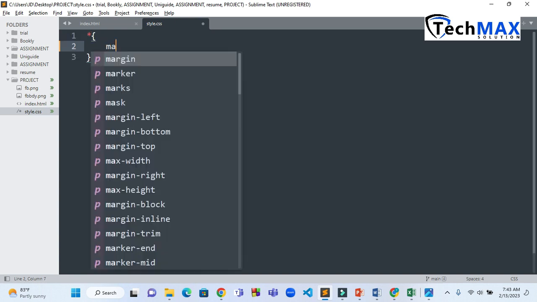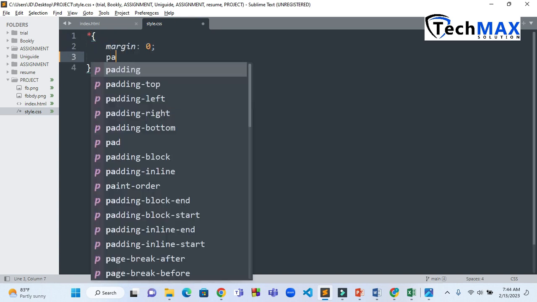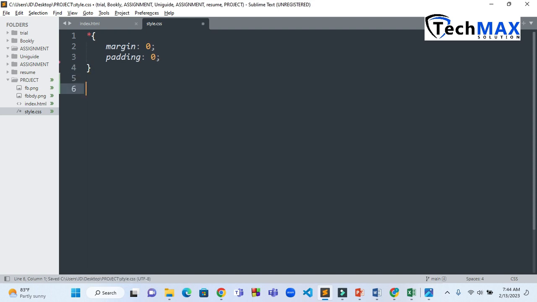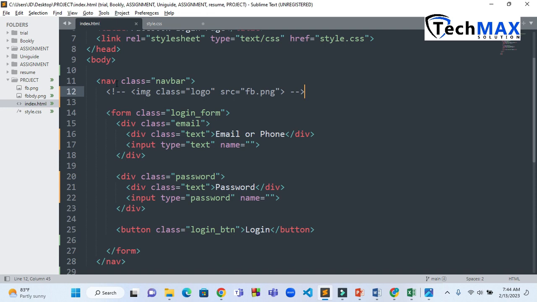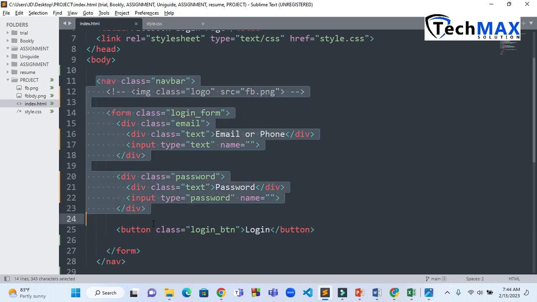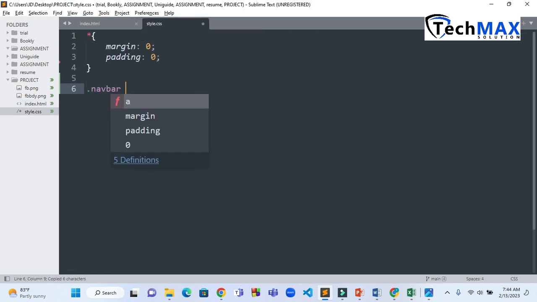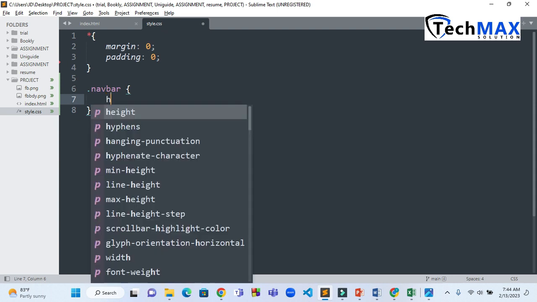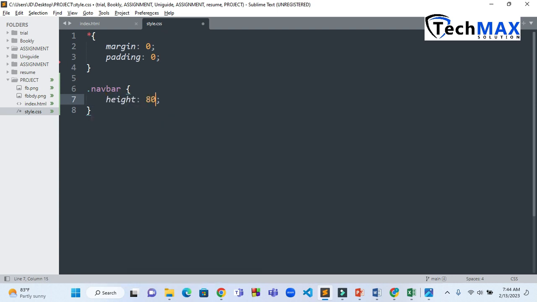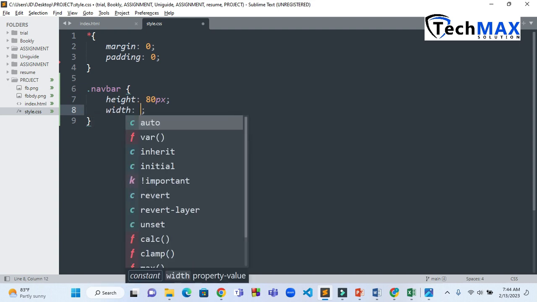So we have margin 0, then we give a padding 0. Then we can now move straight to style our navbar this session. So we want to give a styling to the whole navbar. So we are going to call the class navbar and then give it a styling over here. So I will give it a height of 80 pixels. Then I will give it a width of 100%,